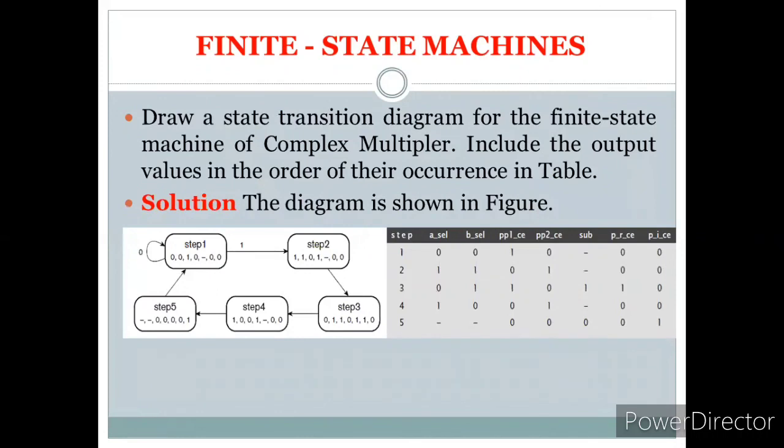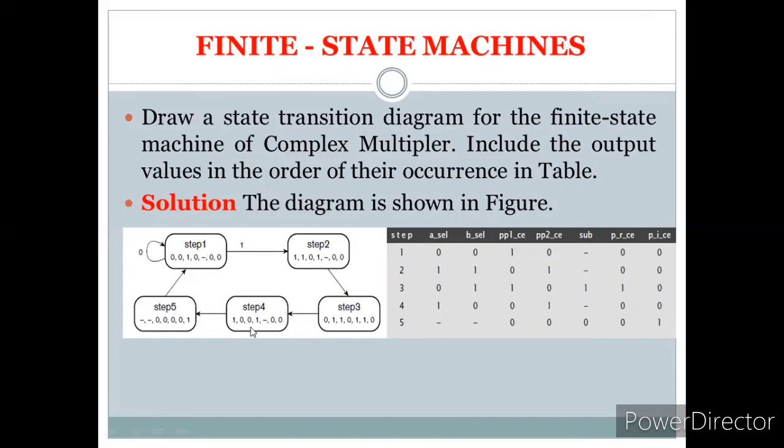Now, let us draw the transition diagram. It's an FSM for the same complex multiplier, for the respective transitions. If you observe step 1, it is the initial condition. Observe the outputs 2 zeros, 1 0, 1 dash, 00. So that's what step 1 is. After performing step 1, it goes to step 2. From step 2, it goes to step 3. From step 3, it goes to step 4. Step 4 goes to step 5. All this that we have written inside are the outputs.